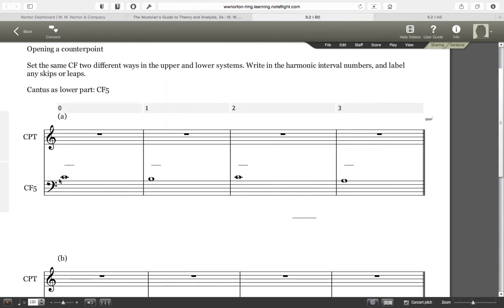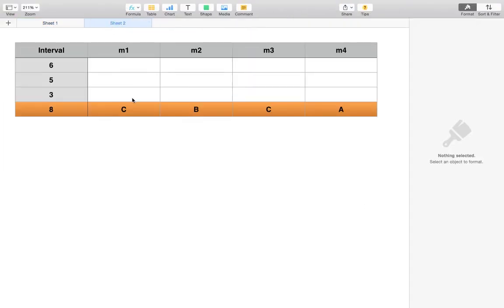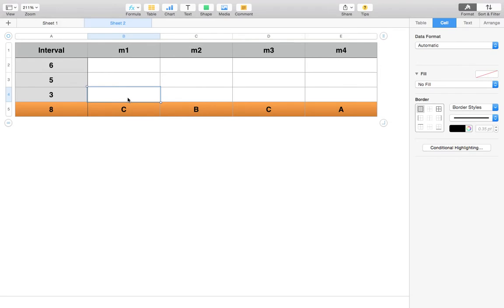This time we're going to use cantus firmus in the lower voice. So we have C, B, C, A. Once again, we're opening the cantus firmus, and we only have 4 measures. So I'm going to set up my table. The lower voice is now the cantus firmus, C, B, C, A. Okay, so now I want a third above, and a third above,